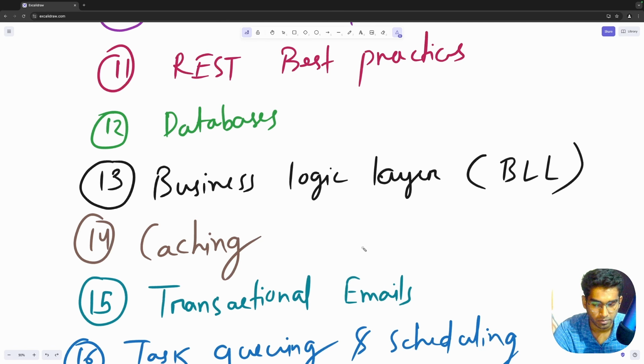After that, we have the business logic layer, which is the middle one, which deals with our core business logic. And after that, we have the data access layer, which deals with databases and performs querying, inserts, or deletions, and the business logic layer uses the data access layer behind the scenes. We'll look at different design principles like separation of concerns, single responsibility, open-closed, and dependency inversion.